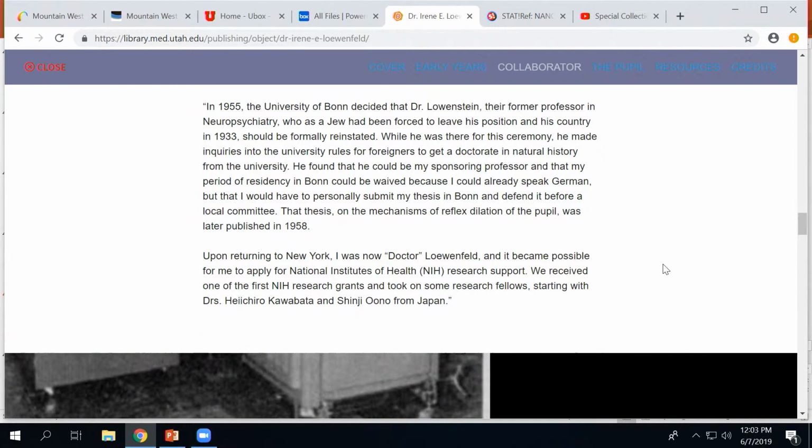And then we keep going, and in this section it discusses her doctorate, which she received in the mid-50s from a university in Germany. She traveled over there to present her thesis and then received her doctorate. Came back, and in 1957, she and Dr. Lowenstein invented a machine that they called the electronic pupillograph,